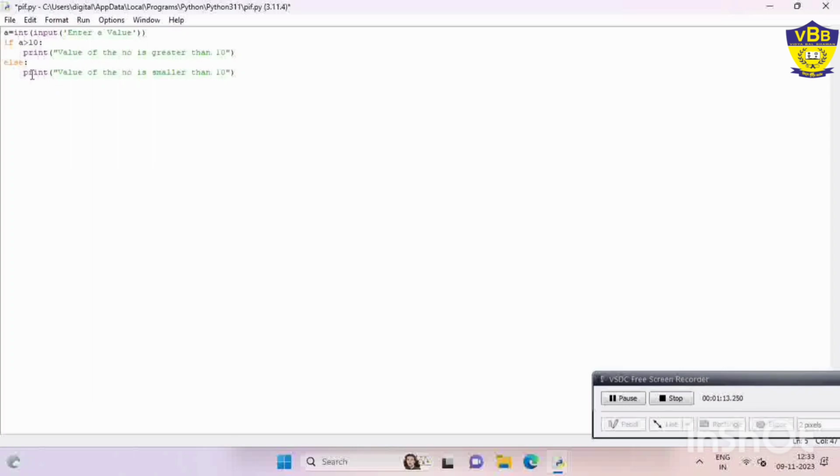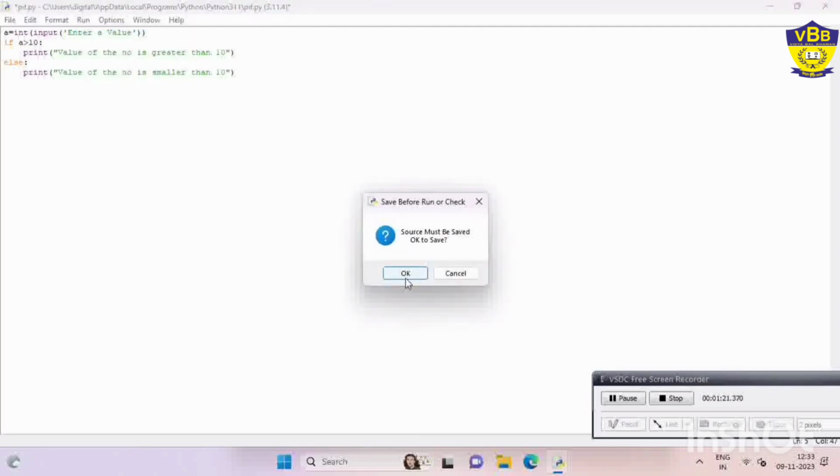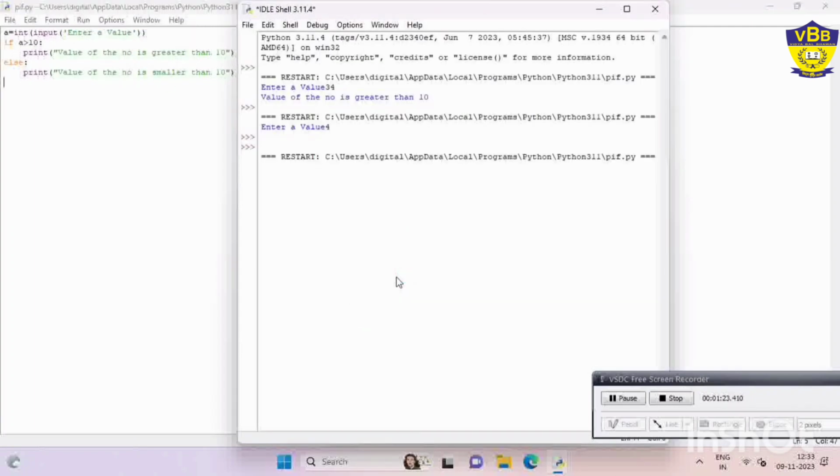Because the user entered a value that is smaller than 10. Just save, execute, run. Suppose the user entered 2. So 2 is smaller than 10, and it will show you the message that 2 is smaller than 10.